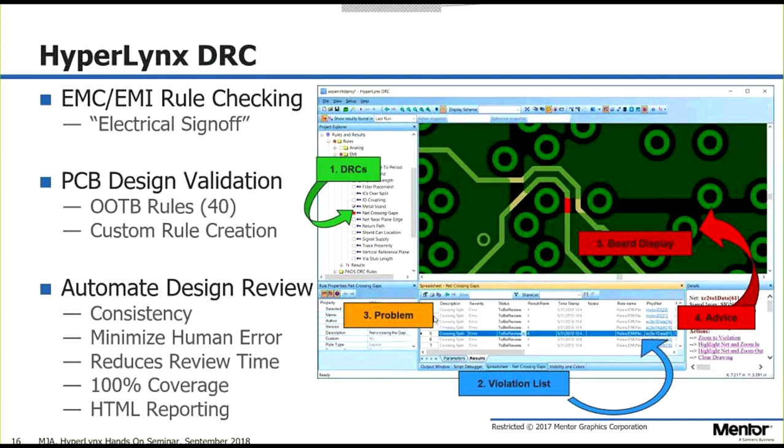So the thought process was, well, why don't we just go look at the board and find areas where there's going to be problems and fix those, and then we don't really have to worry about whether or not we routed things that are causing radiation. We find those things and fix them. So for example, here we've got some traces that you can see running over a gap in the reference plane. So these areas here,